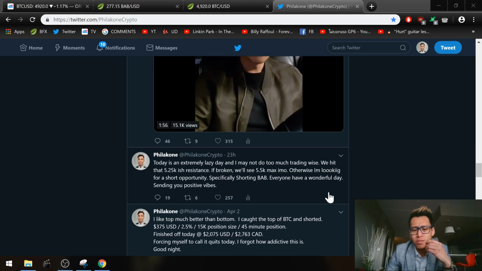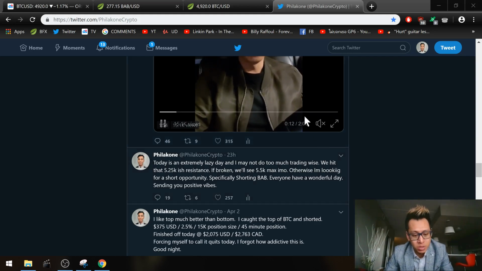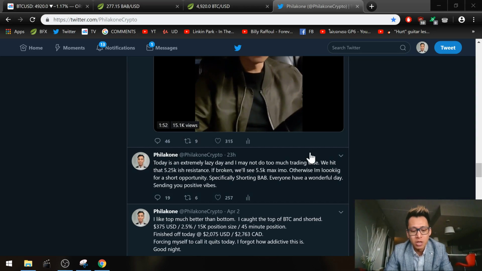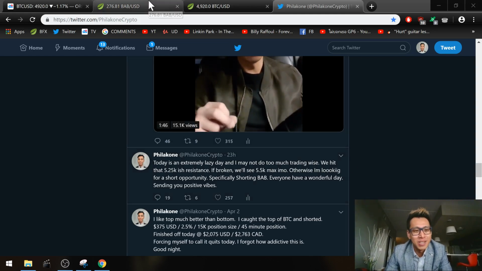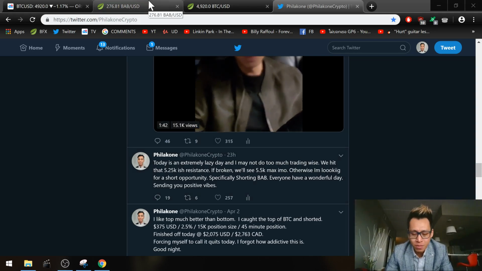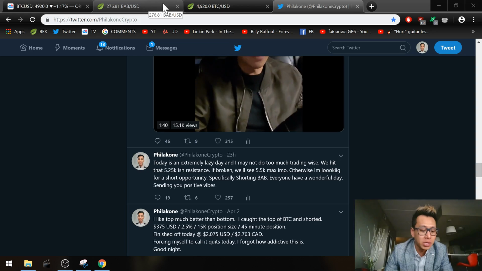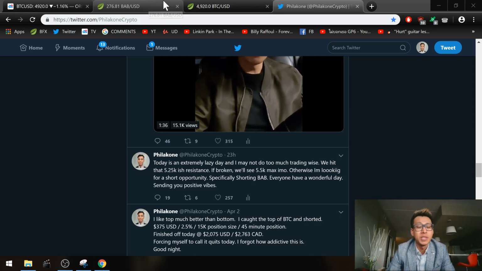My goal this month is about 10,000, so I'm not really shooting for anything too big compared to what I normally play. But anyways, let's get on with this technical analysis. It's been very volatile so far, and it's been fun trading. Still getting back to the swing of things, and we reached a very massive resistance already. Because we reached this resistance anywhere between 5.25 and 5.5K, it was pretty obvious, in my opinion, that we were